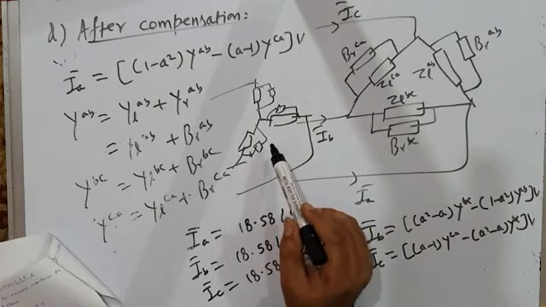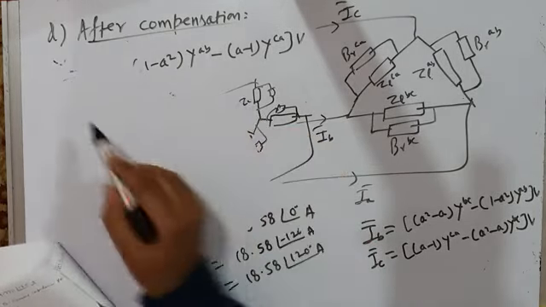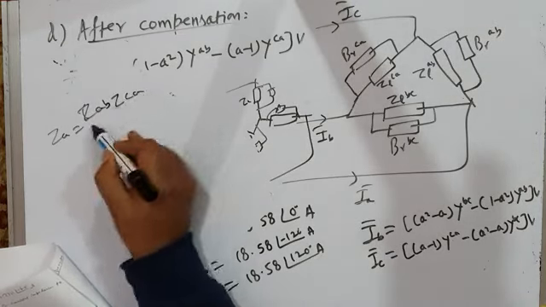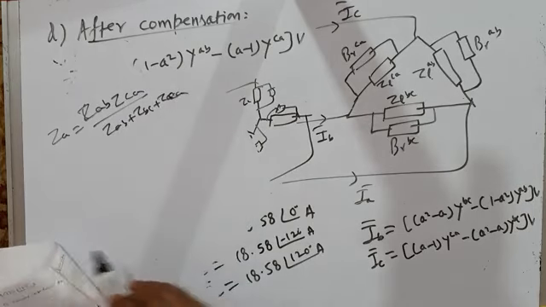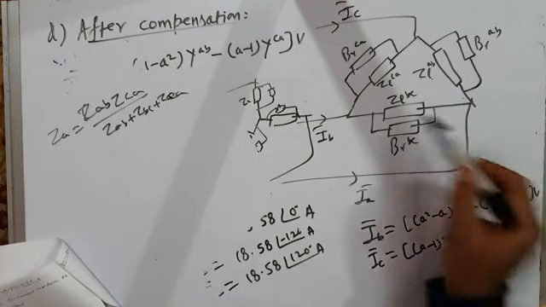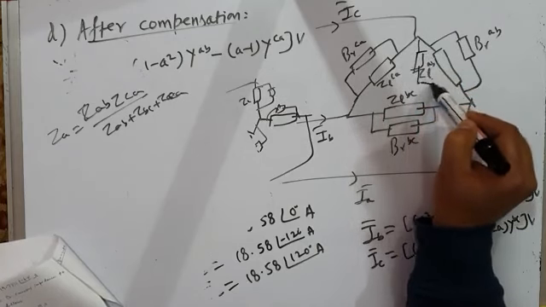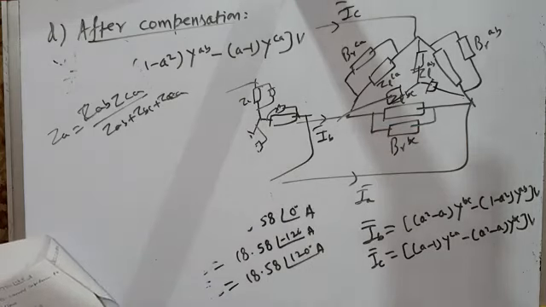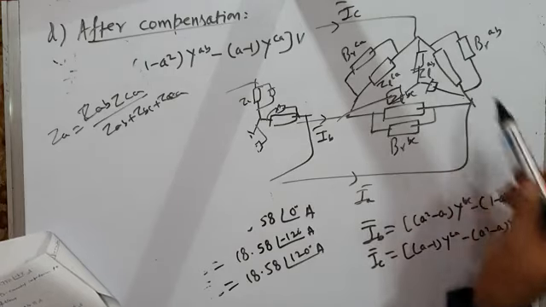जब आप वो करेंगे उसके लिए जैसे आपको ZA निकालनी है. ZA ब्रांच मीन्स दिस ZA. This is ZAB into ZCA divided by ZAB plus ZBC plus ZCA. Okay, ये ZAB है, ये ZBC है, ZCA है. So this is how you transform this delta into Y. Y में अगर इसको convert करना है तो you can find. So वो दूसरा तरीका है. तो उसमें फिर न्यूट्रल टू न्यूट्रल वोल्टेज आपको निकालनी है और करंट्स निकालनी है. But you can calculate currents this way also.